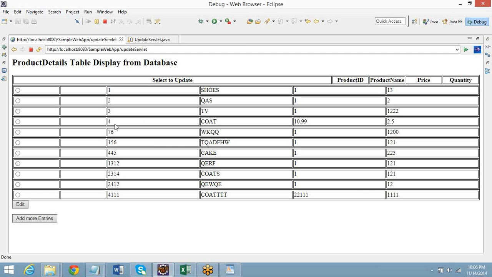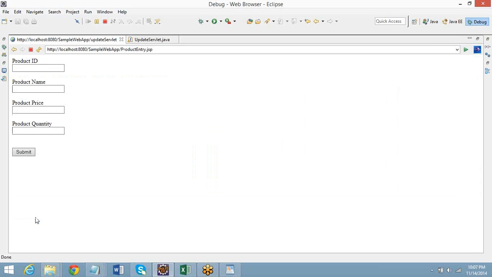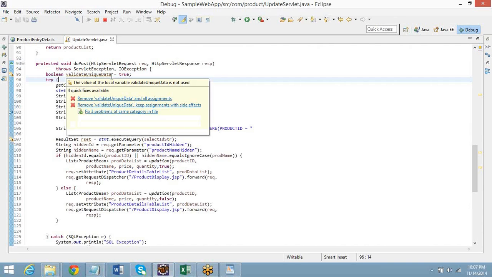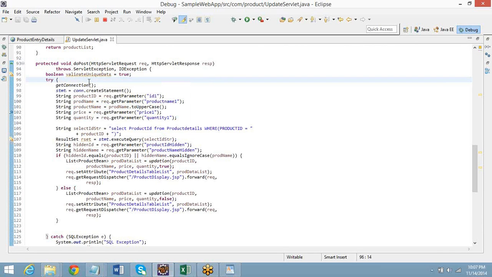Okay, that I'll try. Other than that, now I want to insert a new record, like I want to add more entries. I give 4111 and I give code T something and I give some value. That is still there, right? Whatever I had done, that will work. It is already updated in the database, so you don't need to worry. Your program will run.